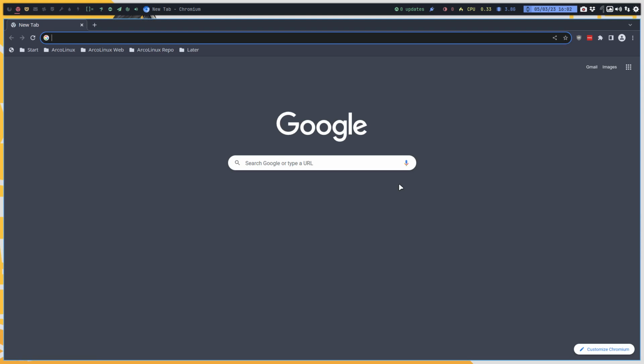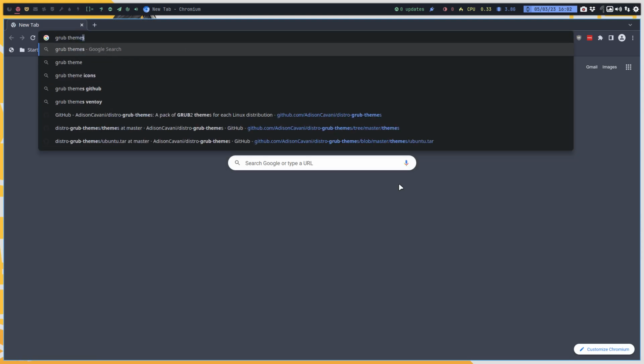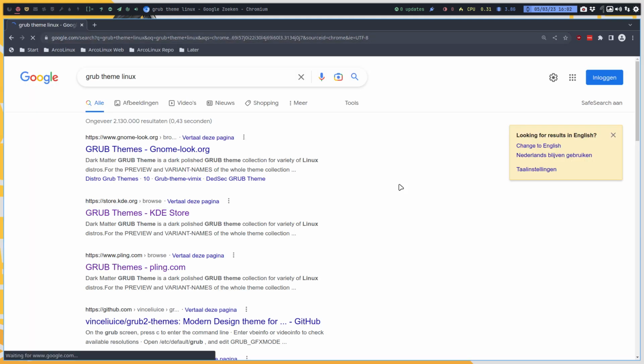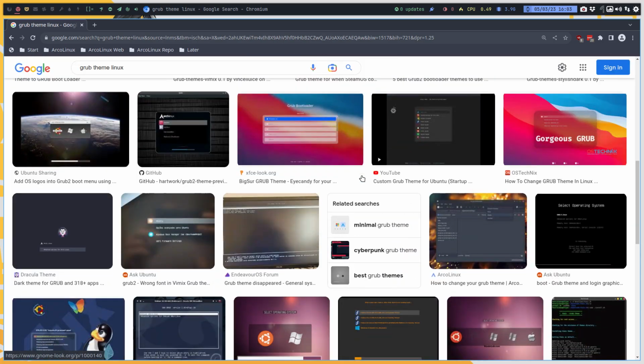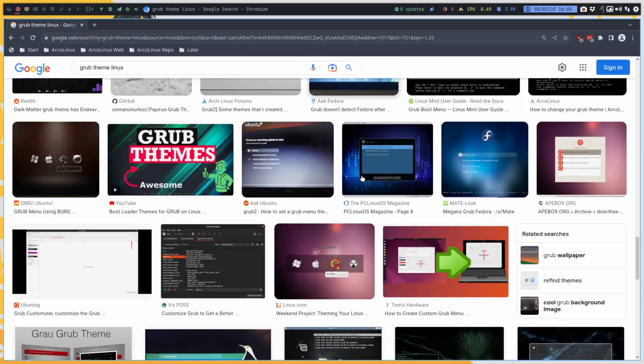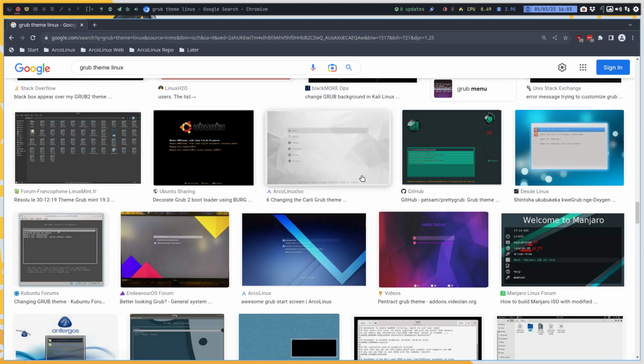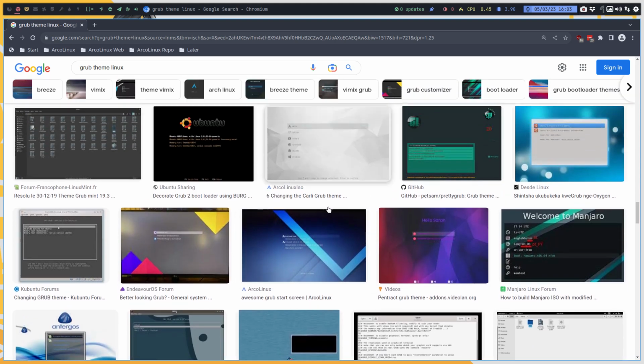So what did I do? I went to GRUB themes and Linux and looked for a nice looking theme. This was down, that was down, lots of things were down, and we went to look for images. We scrolled down through so many images, but in the end nothing was actually really, well, look, that's ours, and that as well,